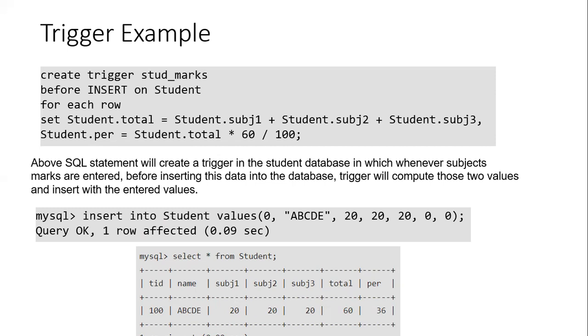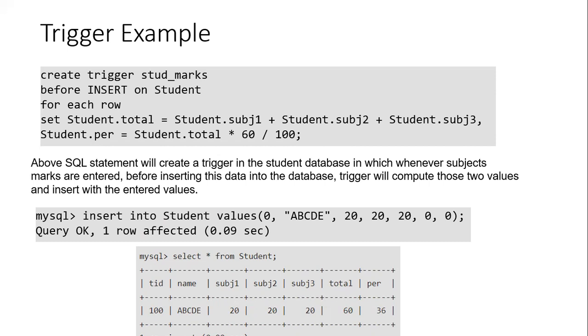So whenever I insert a tuple in the table student, the trigger will be called and the total and the percentage will be automatically calculated and inserted into the tuple of this relation student. As you can see, I have inserted the student name and their subject marks.